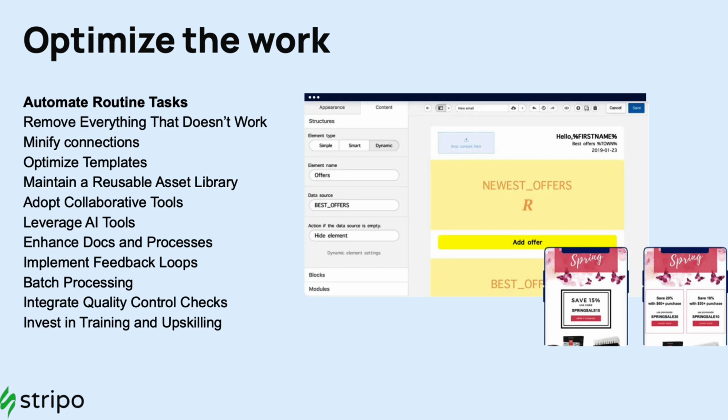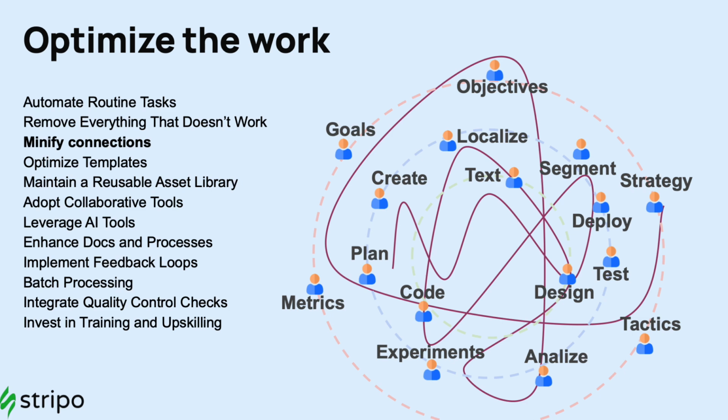If you build an email, spending, by the statistics from Litmus, 21 emails for one promotional, including all the collaboration stuff. Okay, 3 hours if you spend for an email, 2 hours. Minify it to 20 minutes if it's nothing very special. To do this, you have to write, we will speak. I don't want to go through the whole item because we're very limited on time, but remove everything that